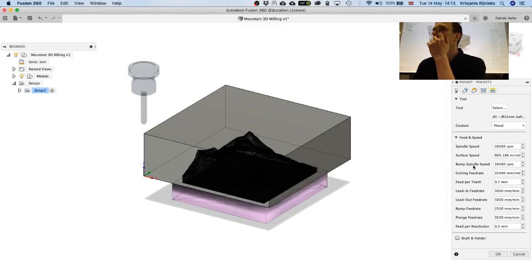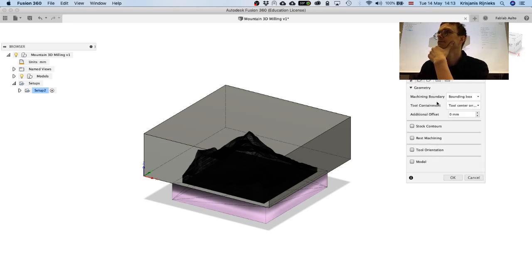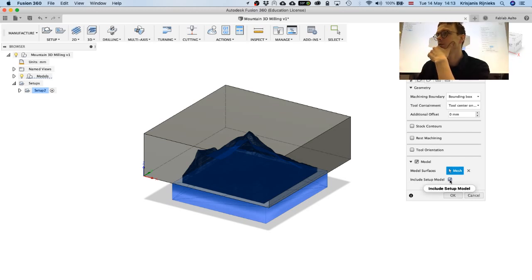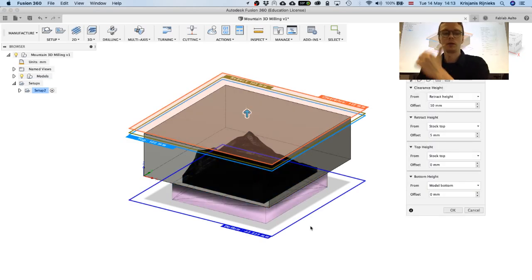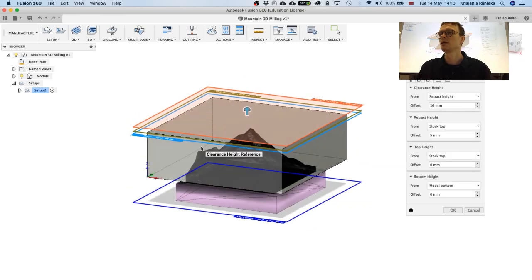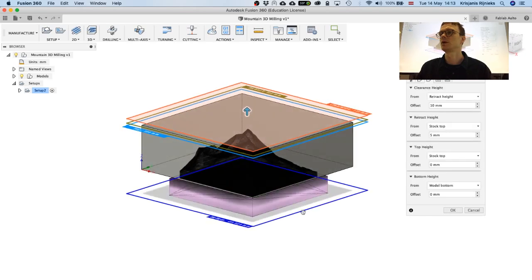Okay. And then here now in the pocket definition, when the tool is selected, we can go to geometry. And so we want to select the model, which is this. Include setup model. Yeah. And for the heights, I will redefine the bottommost surface of this. So if this is the material and this is the bottommost part, this blue line over here, then we